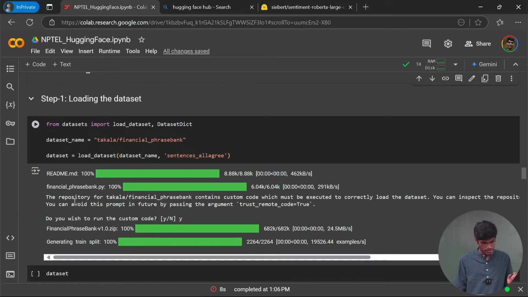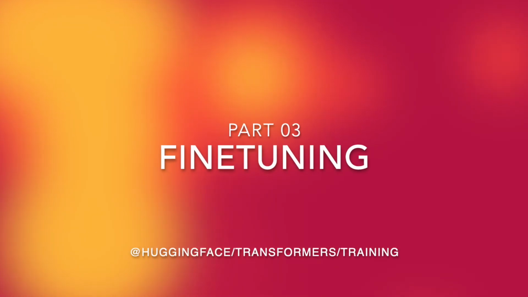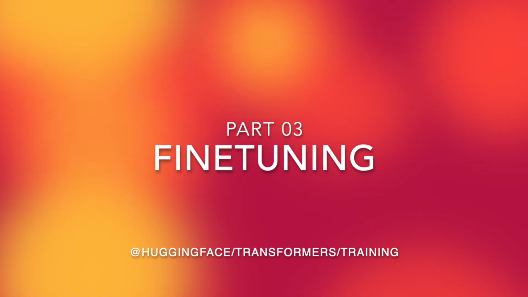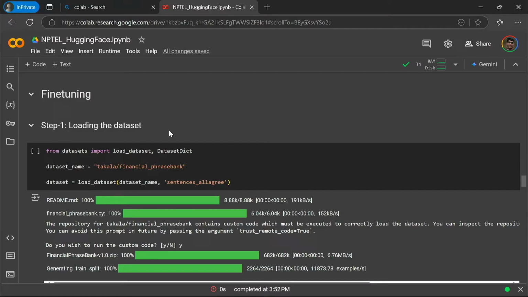That's fine. So now we will look at a simple task of fine-tuning. Till now we saw how to load a model, how to use tokenizers, how models process the inputs, and how you can access the internals like the attentions and hidden states in a model. Now we'll see how you can fine-tune a model on some particular dataset. For this purpose,